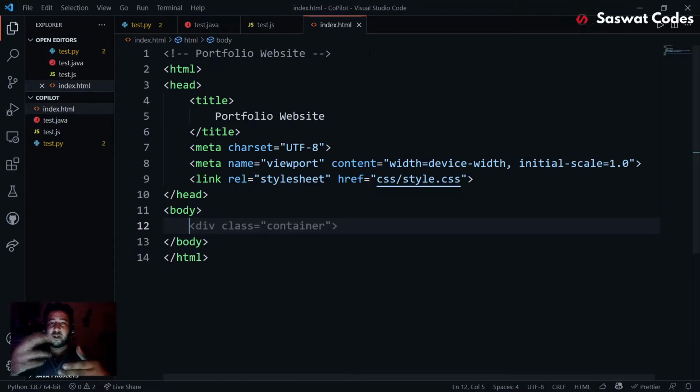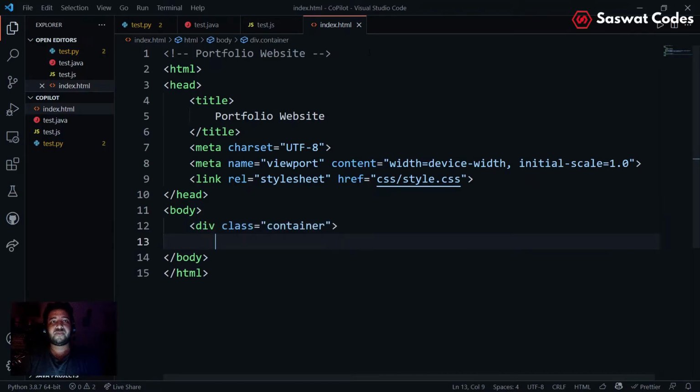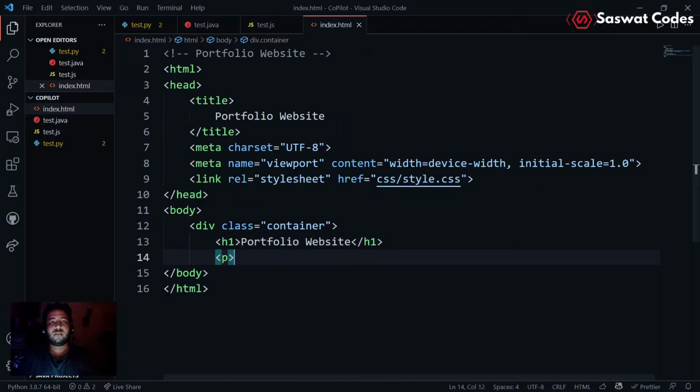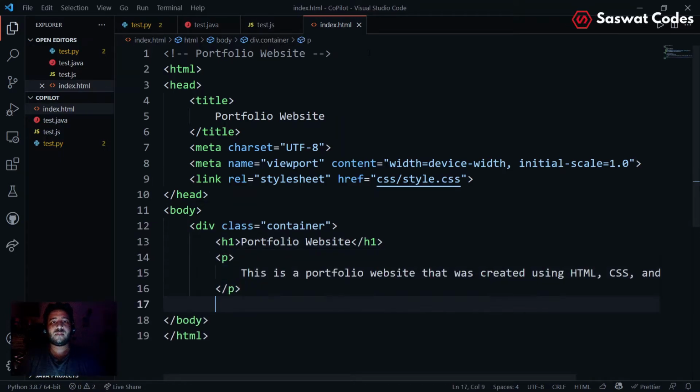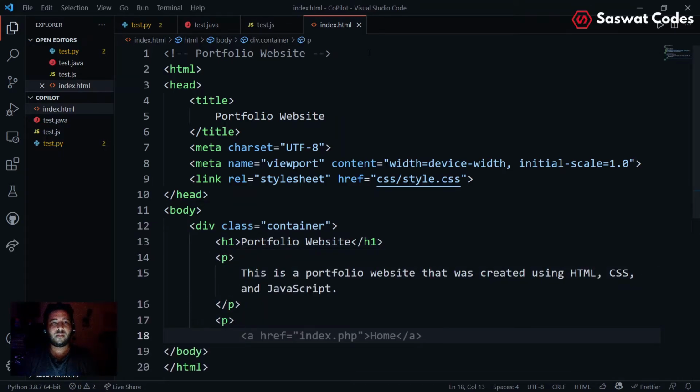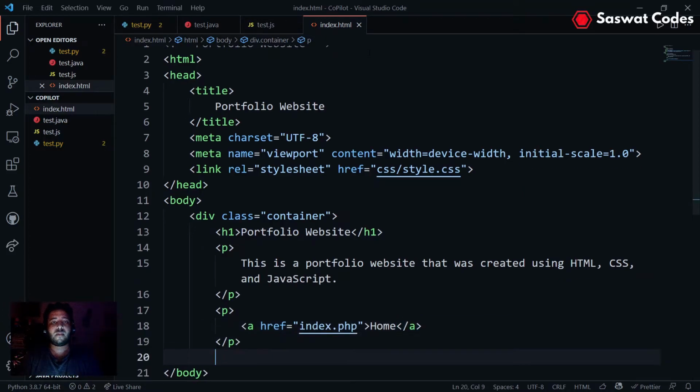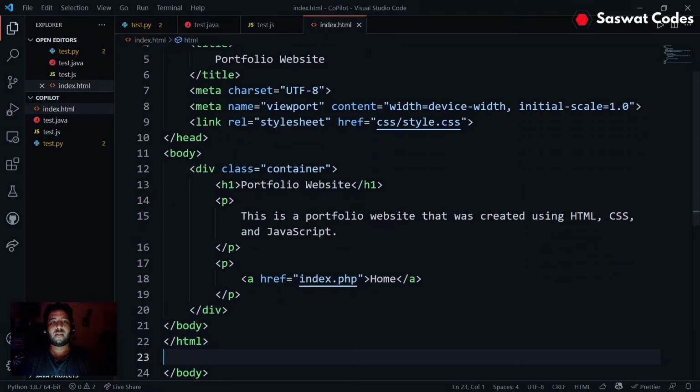Now it will enter the body. So I will just speed up the video right now. Okay, so here you can see that it has created some random thing.